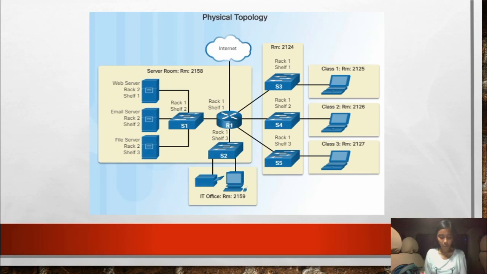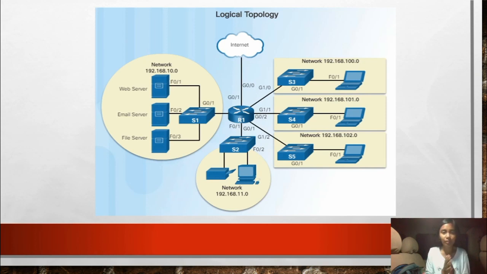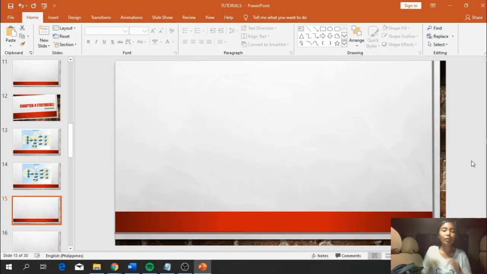It usually is point to point and star. And for the logical topology, it's somehow like point to point but shared media, with different access across the method. So now let's proceed to the